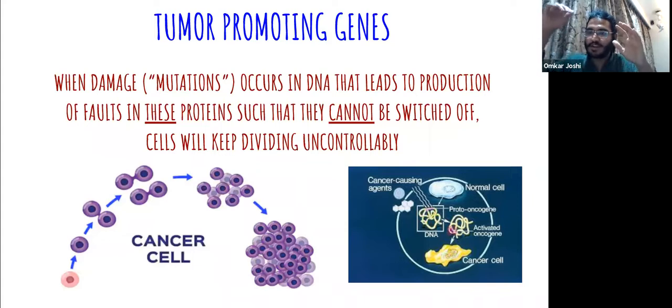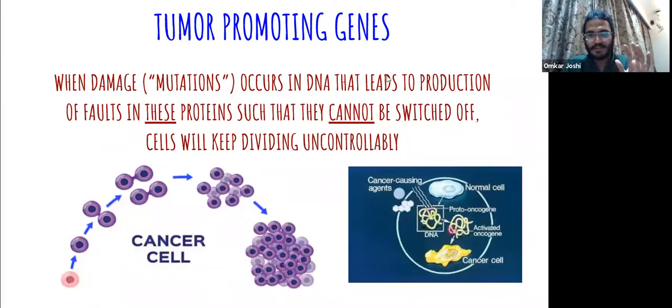Now imagine that regardless of whether you are telling the cell to divide or not, there's a protein inside which is helping the cell to divide regardless. This is where I kept saying that it doesn't matter whether you have signals that are telling the cell to divide. Since the molecule inside is active, the cell thinks, okay, I am actually receiving a signal. And because this molecule cannot be switched off, you will keep having cell division, right?